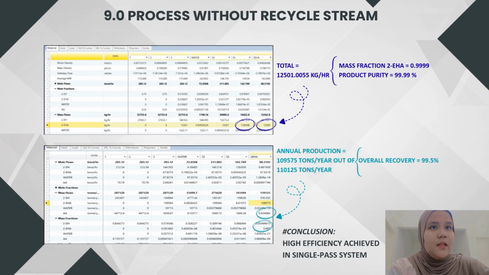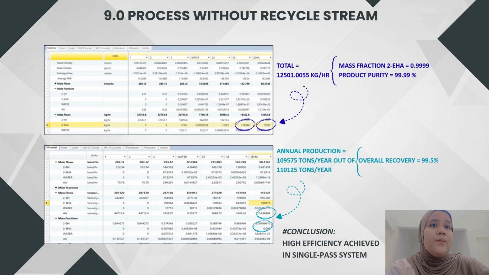Looking at the mass balance, the majority of ethylhexyl acrylate, 12,500 kg per hour, is recovered in the main product stream. A small amount, about 1 kg per hour, is lost in the side stream and is labeled as SY. Combining both gives a total output of 12,501 kg per hour. So the mass fraction of ethylhexyl acrylate is 0.999, which means the product purity is